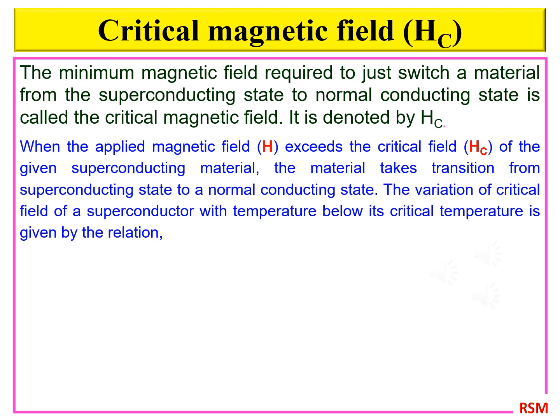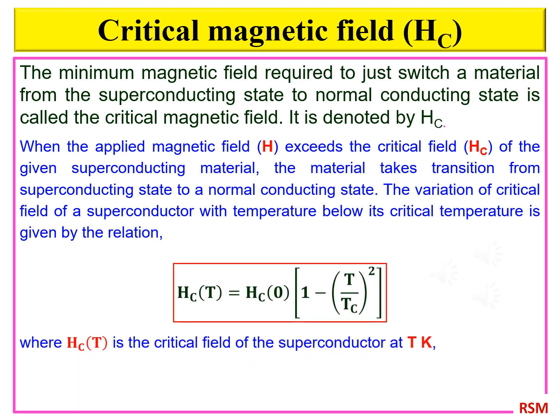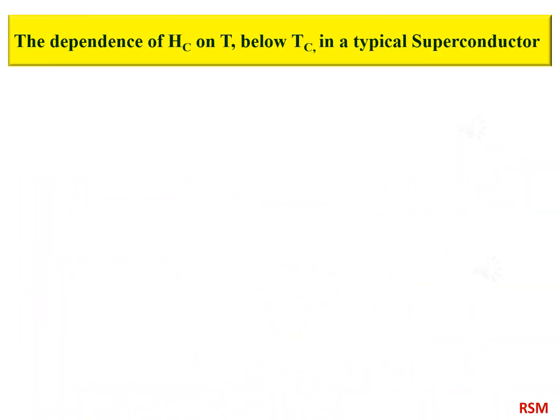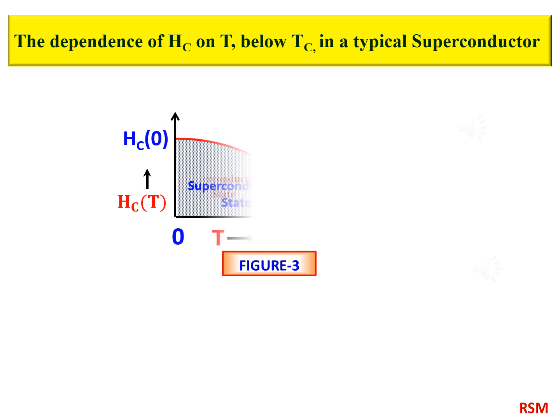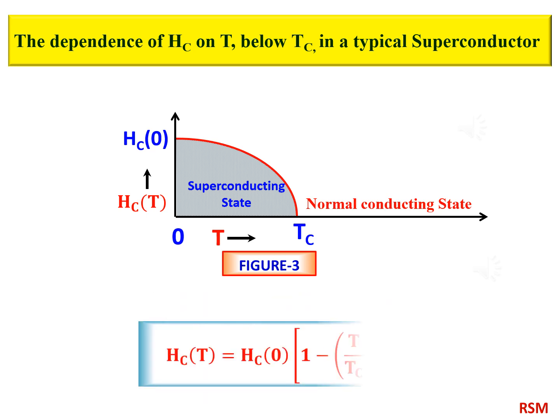The variation of critical field of a superconductor with temperature below its critical temperature is based on the relation where Hc(T) is the critical field of the superconductor at T Kelvin, Hc(0) is the critical field of the superconductor at 0 Kelvin, and Tc is the critical temperature of the superconductor. Figure 3 shows the graphical representation of variation of critical field of a superconductor with temperature below its critical temperature. Hence, the variation of critical field Hc(T) of a superconductor with temperature T below its critical temperature Tc is as per the relation